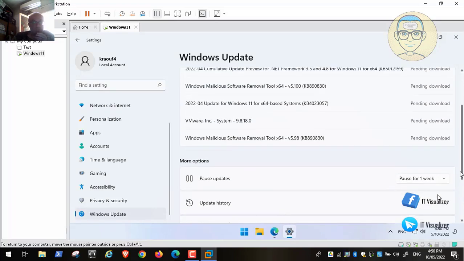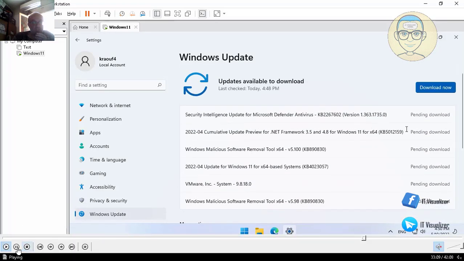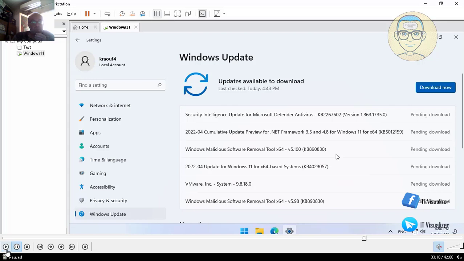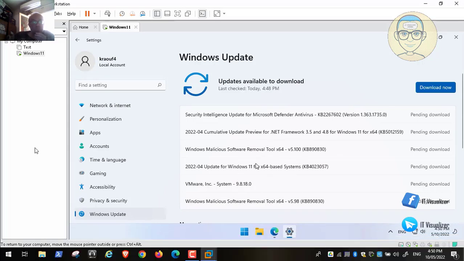updates to be installed. By the way, when you are taking an image of the machine, make sure that your operating system and all the programs on it are updated to the latest update, Windows or any other program. So we will now continue. We should install all of these